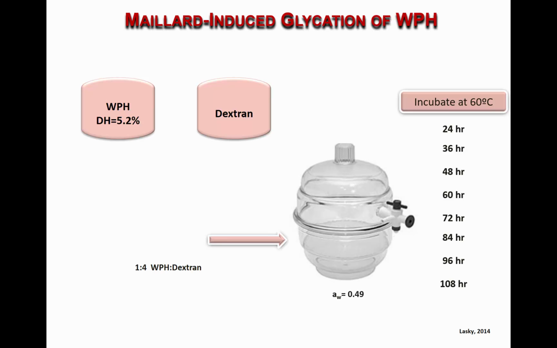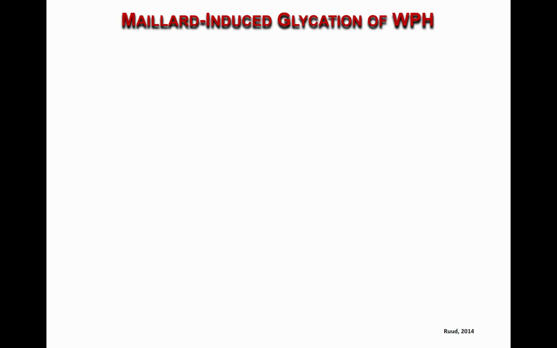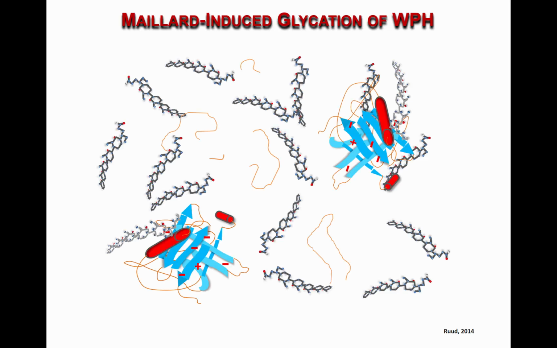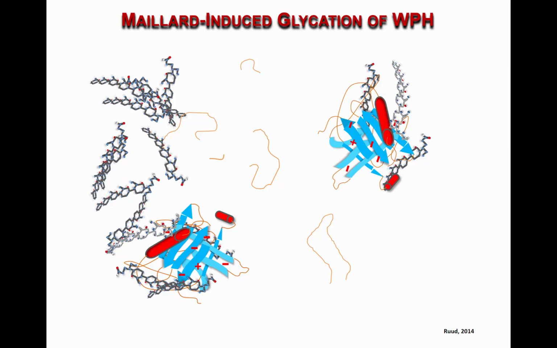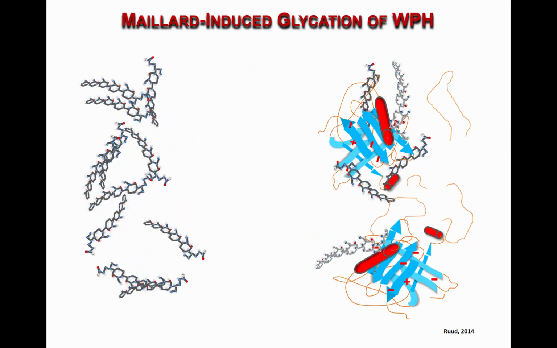The reason we do different time points is we want to determine at which time point we get a decent amount of glycation, no browning, no advanced stages of the Maillard reaction. And actually, this is another student of mine who worked collaboratively with the other student and worked on separating non-reactive sugars from the glycated protein, because you want to keep an isolate, right? You want to keep a high protein concentration product. Oh, it's working on its own. So you want to remove all carbohydrate that did not react, and you